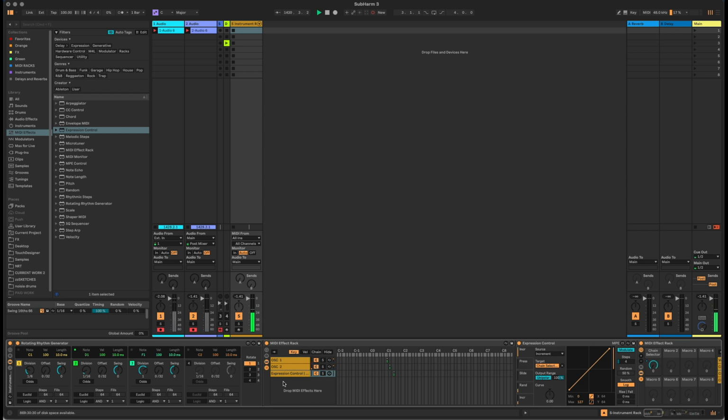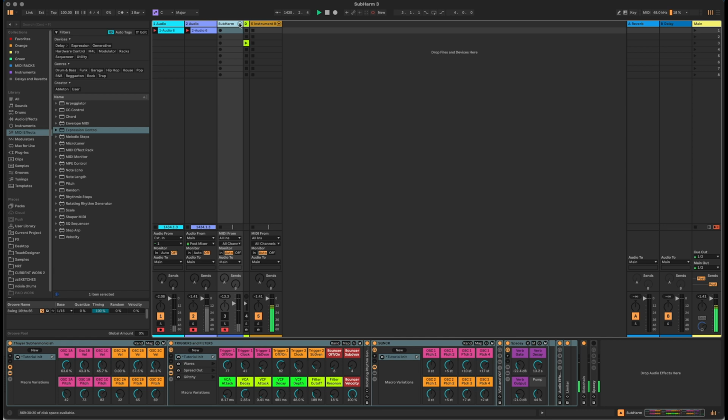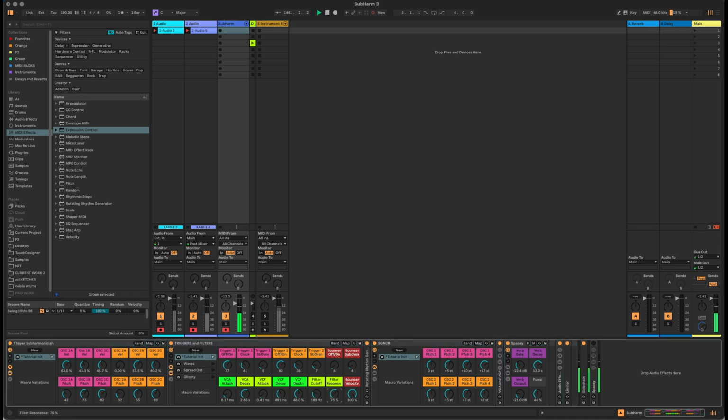So this is the basics behind building this rack. You saw I did a hell of a lot of mapping of macros. That was to make it all really performable. If I open it back up again here, we can see a lot of macros open here. Let's turn it back on. To make it super performable, I made it really easy to control the filter envelopes, the filter cutoff and the filter resonance. Lovely. Easy to access things like whether the trigger is on or off for oscillator 1 and oscillator